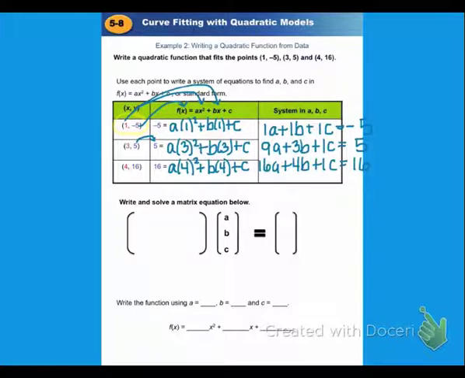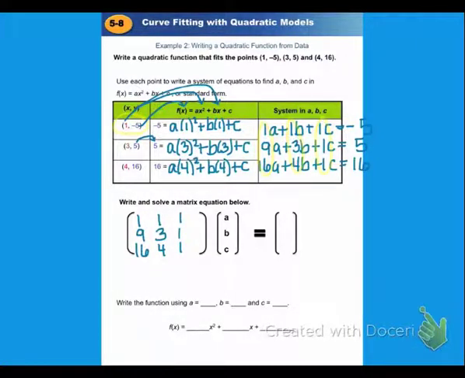So I've got my 3 equations and 3 variables. All I have to do now is translate that into a matrix equation and then use my calculator to solve that. So this is what the coefficient matrix would look like. The first line would be 1, 1, 1. The next line would be 9, 3, 1. And that final line would be 16, 4, 1. So that's just simply taking these coefficients here and putting them into a matrix, with the A's coming first, the B's second, and the C's third, and that's why our